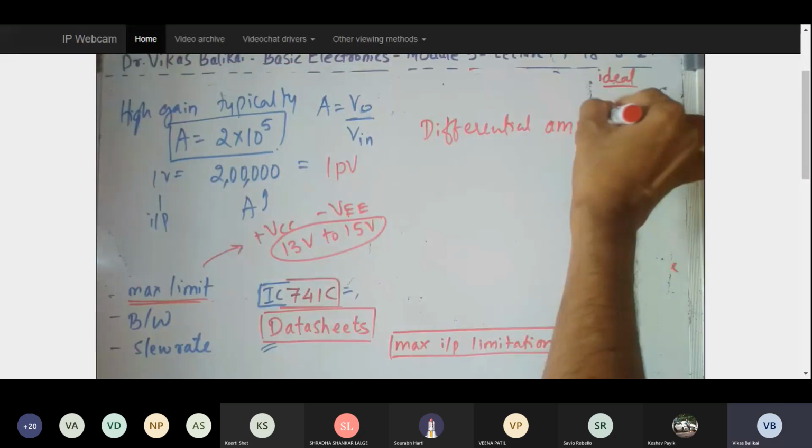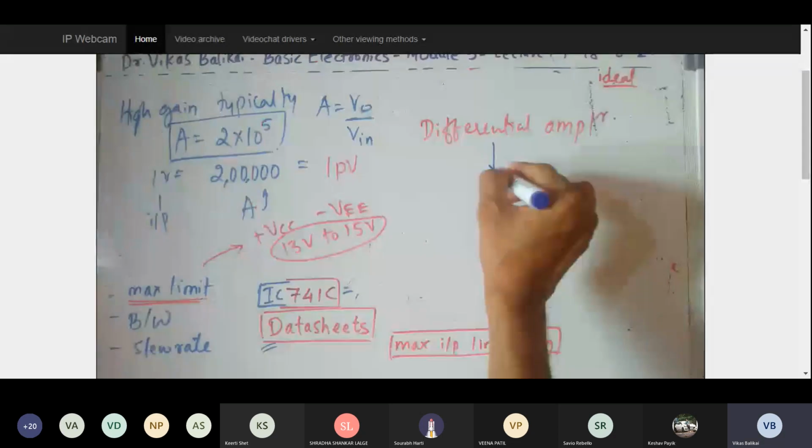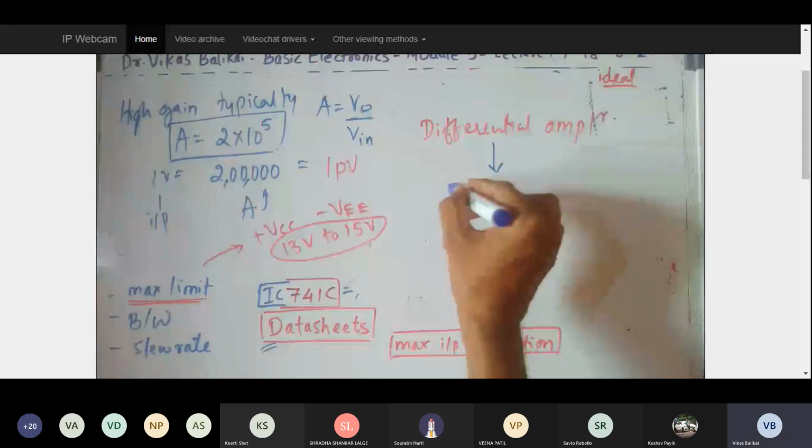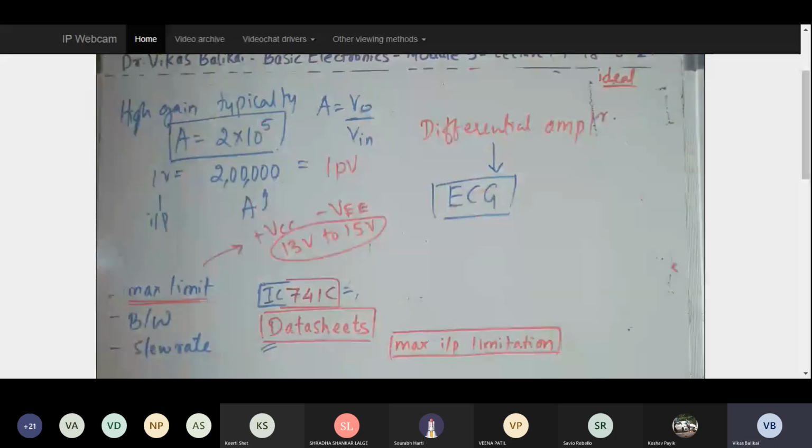So that is one of the major applications of operational amplifier. Now you may ask, sir, where is it being used? We are unable to understand where exactly this is being used in real life. Can we find its realistic application somewhere? See, this operational amplifier, though it was invented very long back in the 1950s and 60s, is finding its application even now, because it is most suitable in ECG, that is medical applications, or in all biomedical applications.